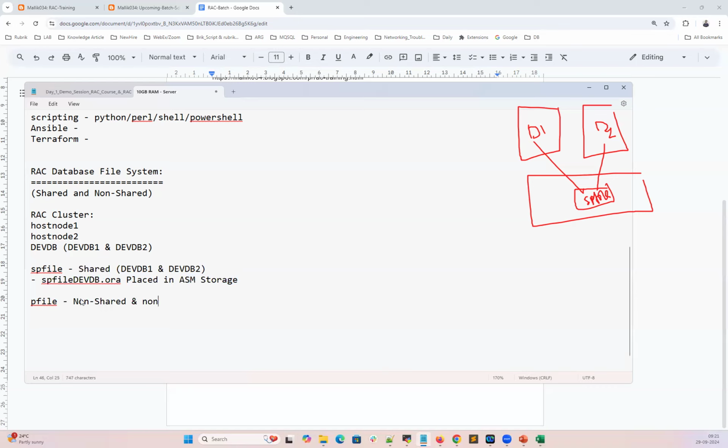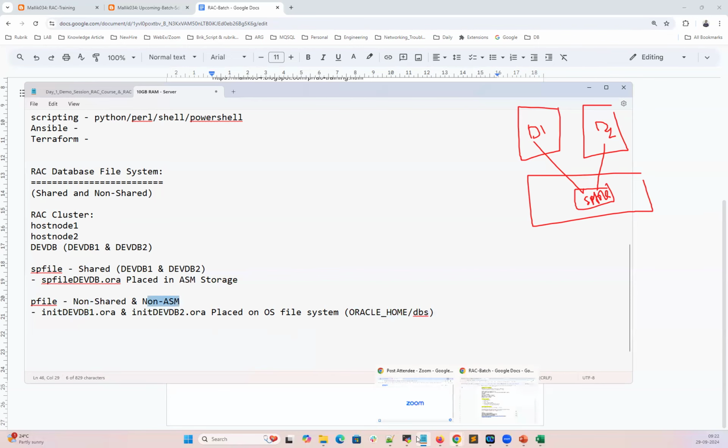And non-ASM, meaning we'll be having P files in the form of init devdb1.ora and init devdb2.ora, which will be located, placed on the OS file system. In a straightforward setup, it will be under Oracle home /dbs, under that individual Oracle home dbs location. Both init files will be stored there. It is not on ASM. That's why non-shared, non-ASM. So if I go here for node 1,